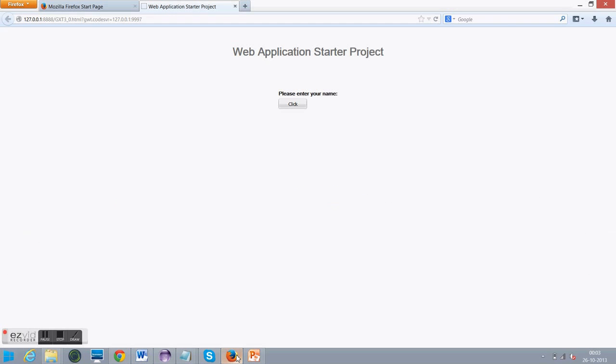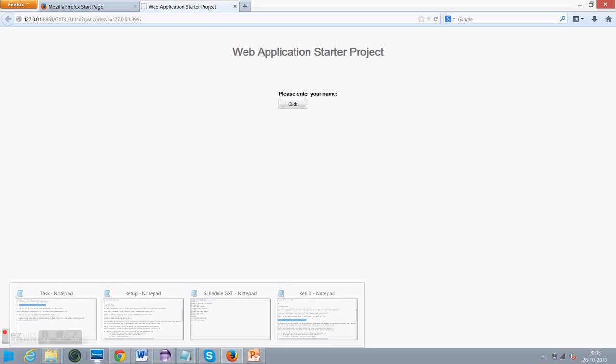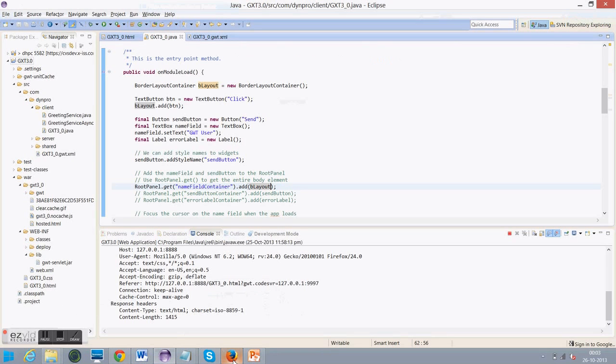Okay, I'll directly add these into this. So here you can see we created one border layout container. In the container